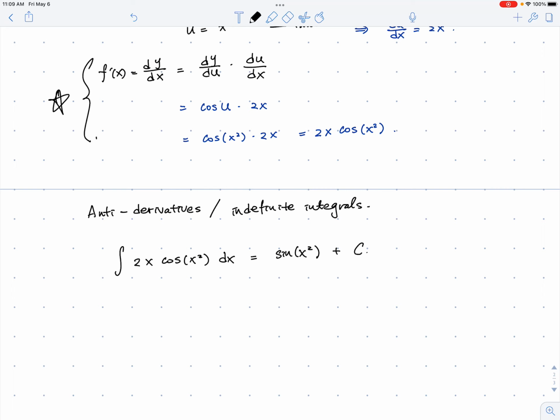U substitution is a technique that helps us handle a situation like this. When you have the integrand as a result of a derivative of a composite function, how do we have a more systematic way to find an antiderivative of such a function? This is just a quick example. We're going to talk